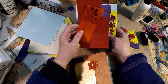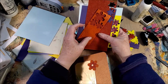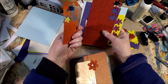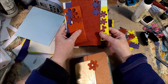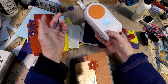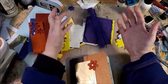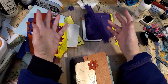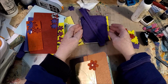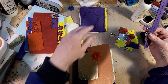And there again, the butterflies will not punch through that. So I thought that's very interesting. This paper is very dense, and my regular punches won't punch through it. But the thick punches, these ones that are marked thick, will punch through it. So if I didn't have the punches, I would probably just cut it out by hand, just preform some flowers and things. I did go ahead and put a few things in the book